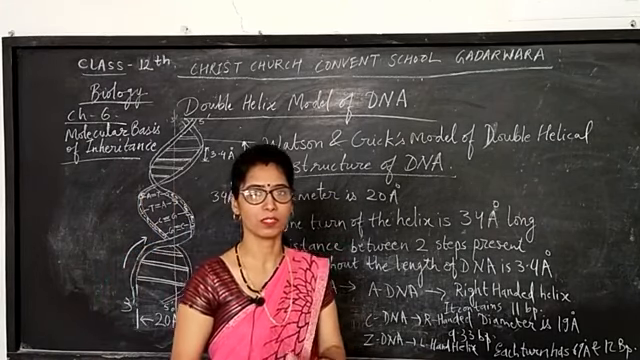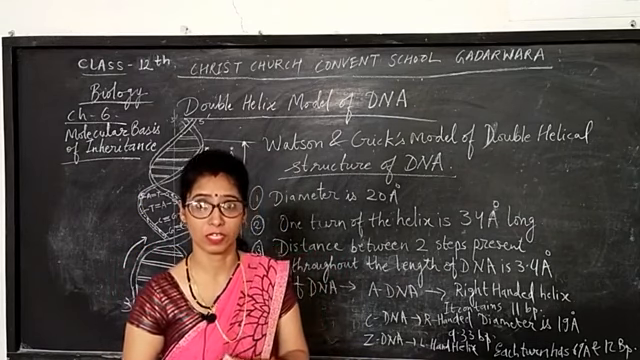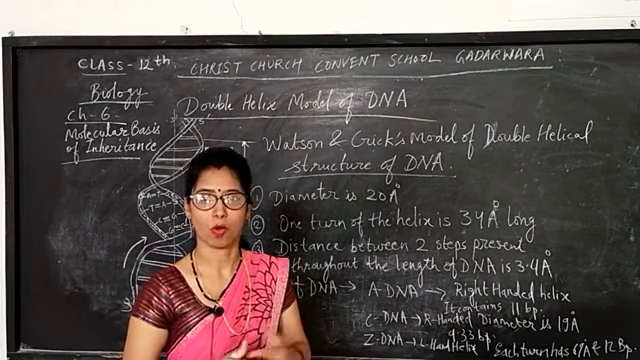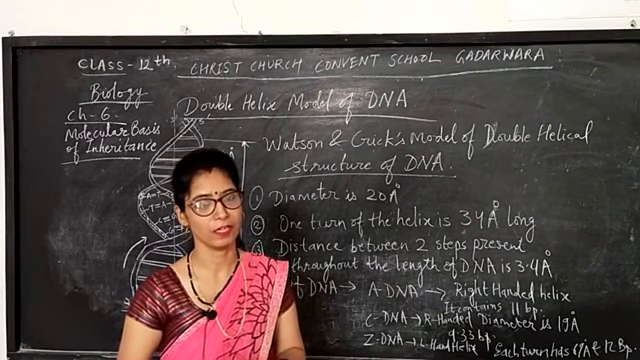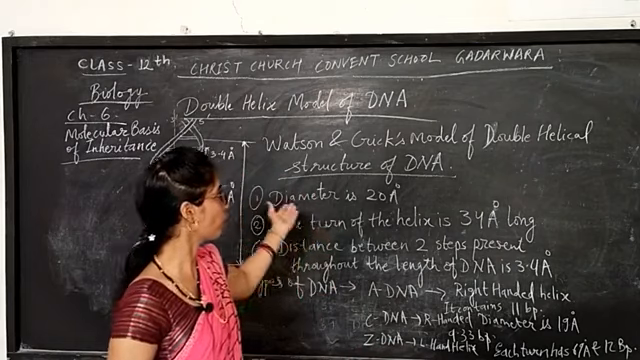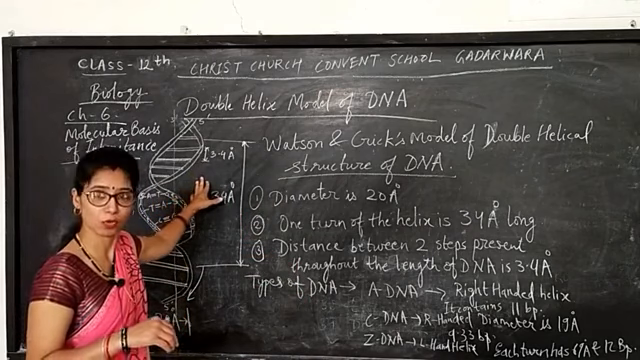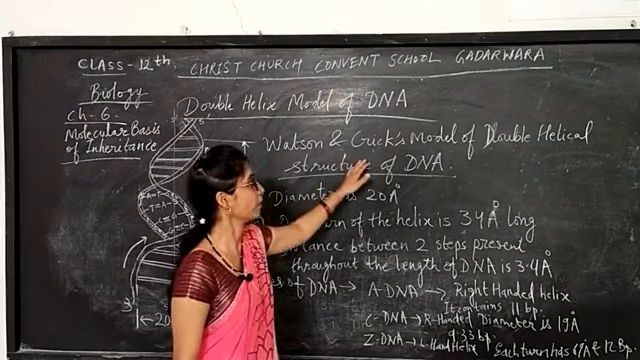Students, last time we studied the structure of DNA, its chemical composition, and how DNA is formed. It is composed of nitrogenous bases, purine and pyrimidine, a phosphate group, and sugar, that is ribose sugar and deoxyribose sugar. But now there is a model of DNA, the double helix model of DNA, and it was given by Watson and Crick